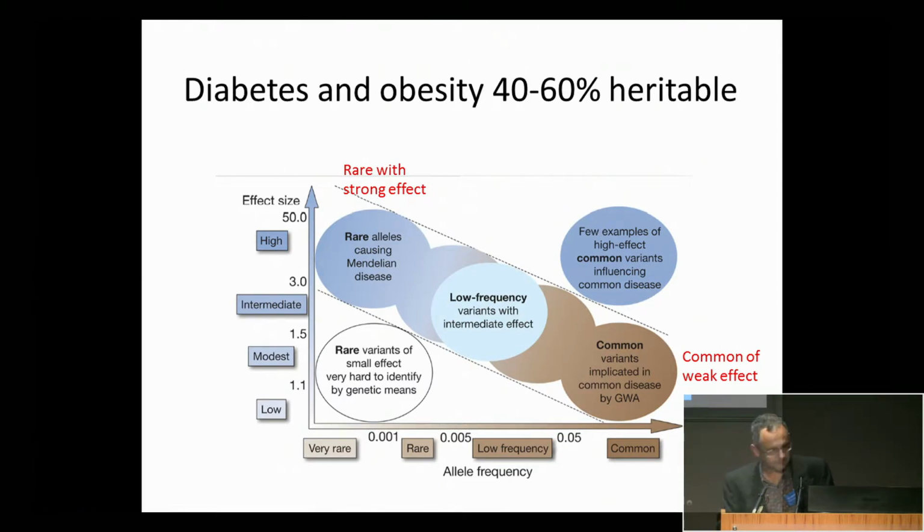here's the landscape, if you like, of the contribution of genetic variants to diabetes and obesity and any common phenotype, where here's the prevalence of alleles of causal genetic variants in the population, and here's their effect. It's really a spectrum from the rare genetic variants with strong effect down to the common genetic variants of weak effect, common up to 50%. And these are the ones that drive the largest proportion of explaining the variability between people and phenotype.